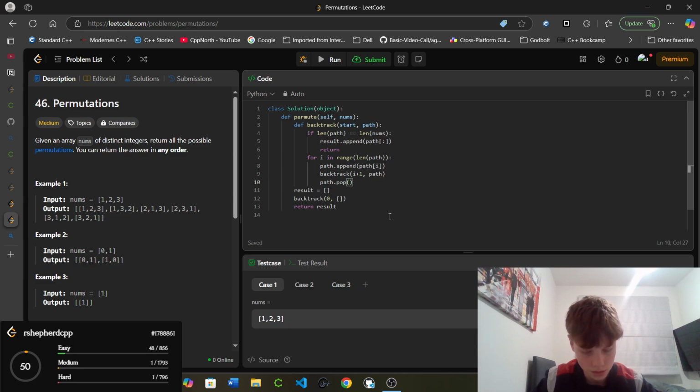Okay, so this does nothing. Length of the path. Okay, so do we need to first have